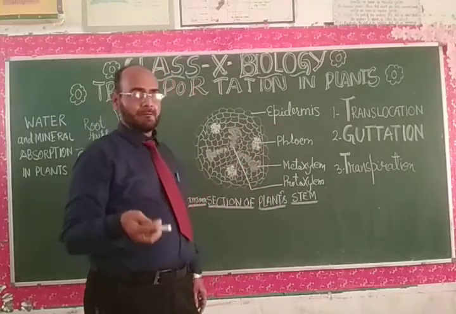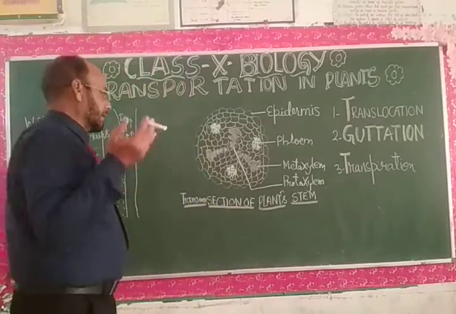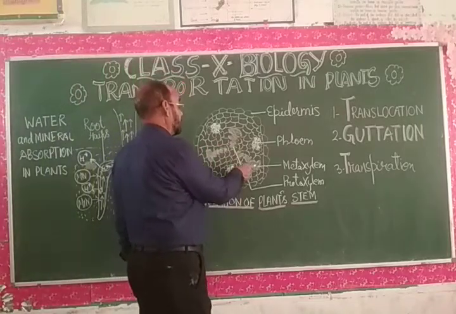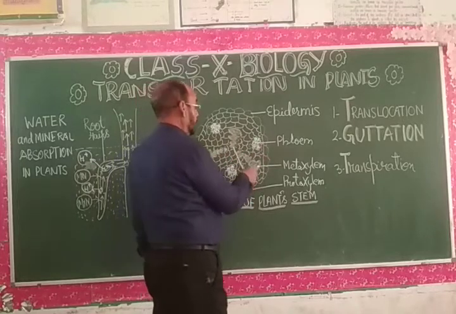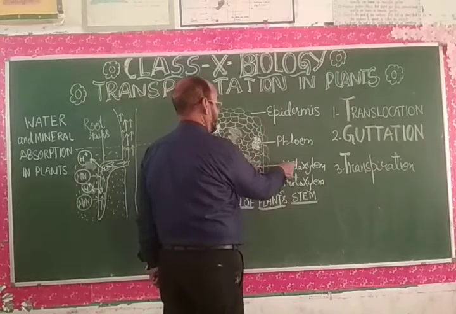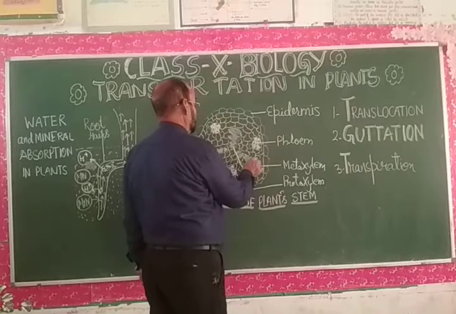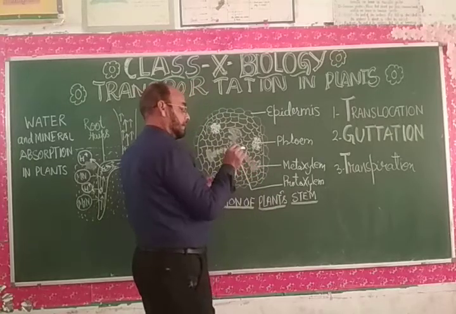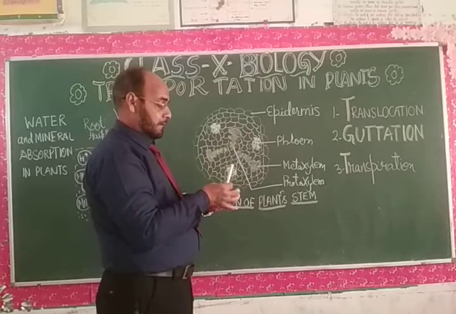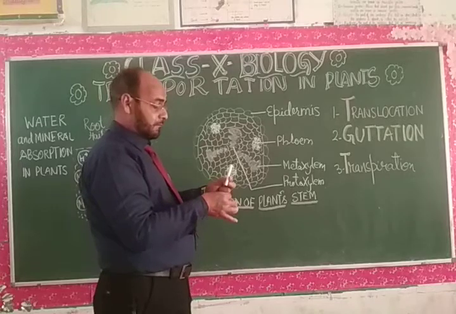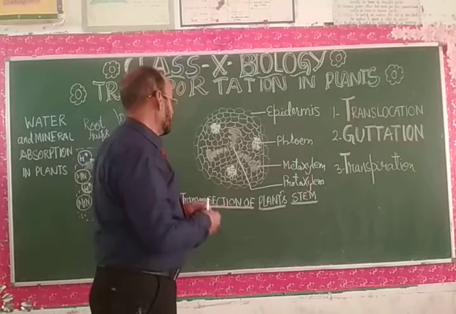In the previous class you have already learned about the plant tissues, phloem and xylem. They are the conductive tissues. Dear students, here you are looking at the structure of xylem, and xylem is of two types. Larger vessels are called metaxylem, while narrower vessels are called protoxylem. These structures show xylem bundles in the transverse section, and they transport material right from the ground to the upper portion of the plant body.